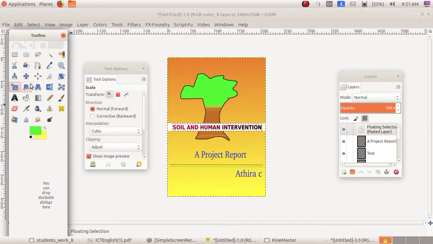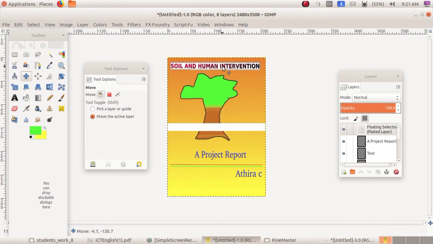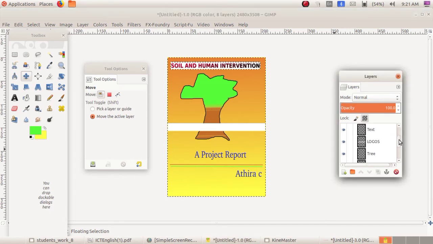And you can move it to the upper portion. Okay, just remove this. Here also you can see the eye icon. See, this is the eye icon.